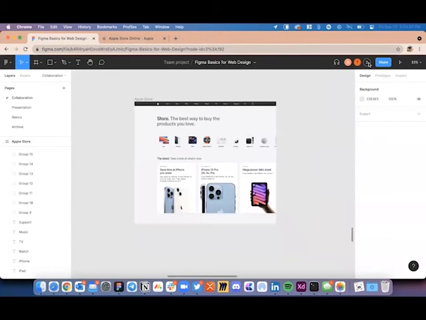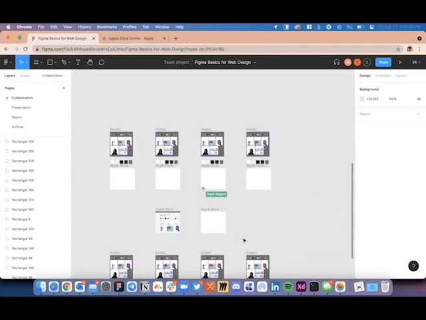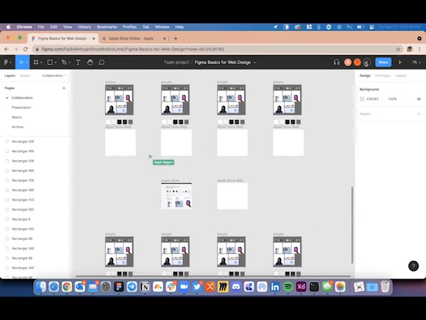Is everyone here? Are you guys able to access the Figma file?